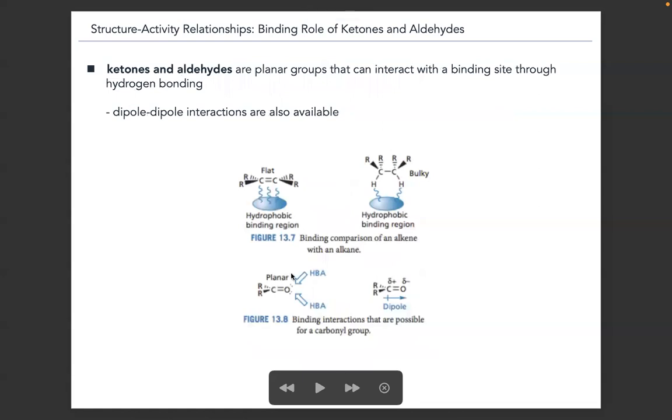Ketones and aldehydes are something to consider as you're thinking about designing a drug. These groups make for an inherent dipole in the molecule. In the top, with an alkene or an alkane, both are able to form favorable hydrophobic or van der Waals type interactions with the active site, but